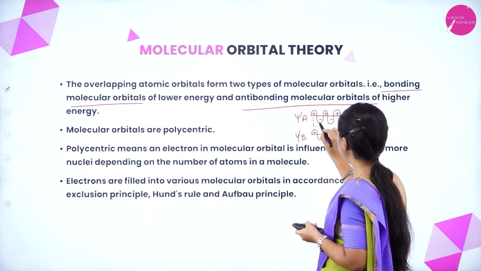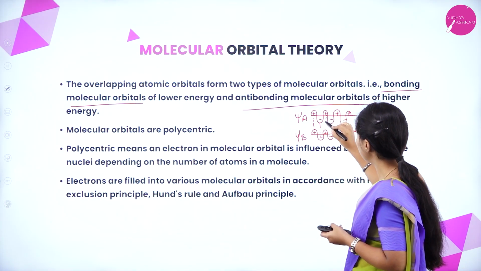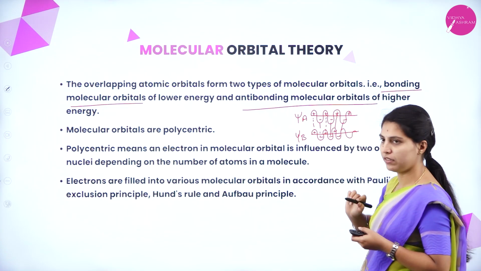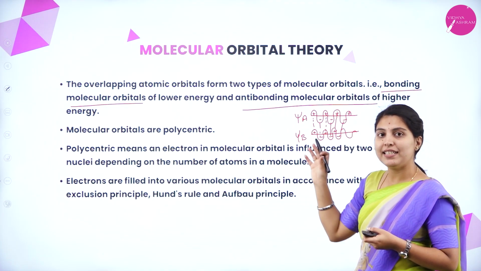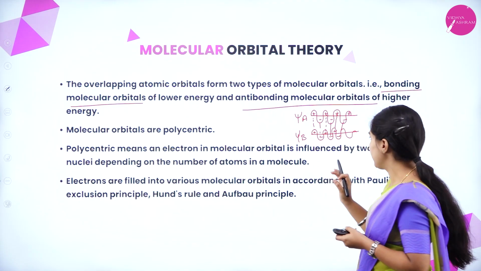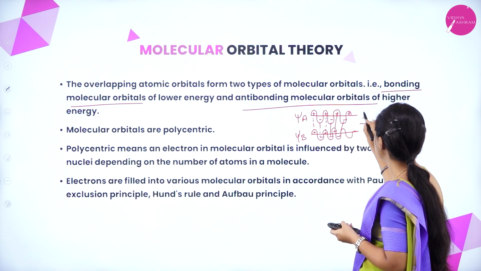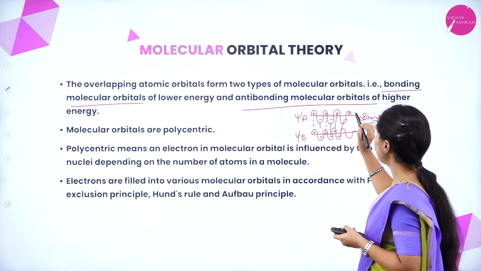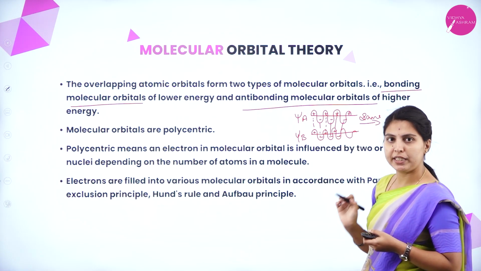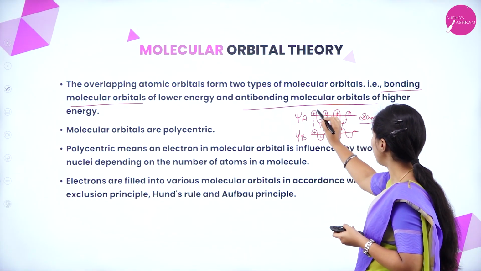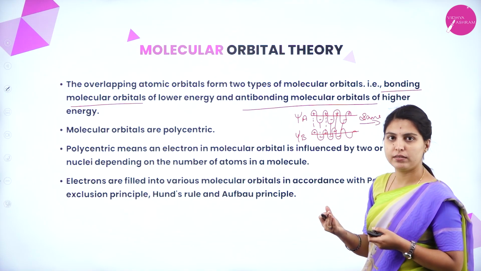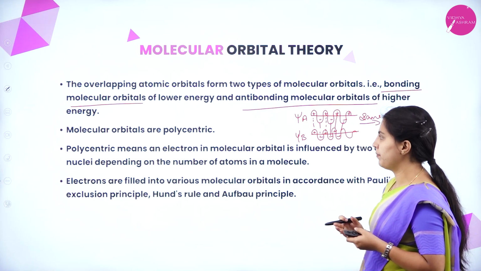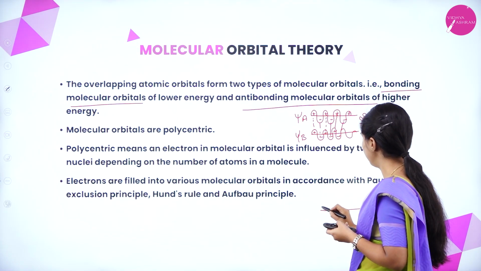In the overlap, plus overlaps with plus and minus with minus. If it is like this, the same phase will be present, correct? Plus and plus will form the same phase. On this concept, it will give the bonding molecular orbitals. It will be overlapping in the same phase, so it will produce bonding molecular orbitals. If, see here,